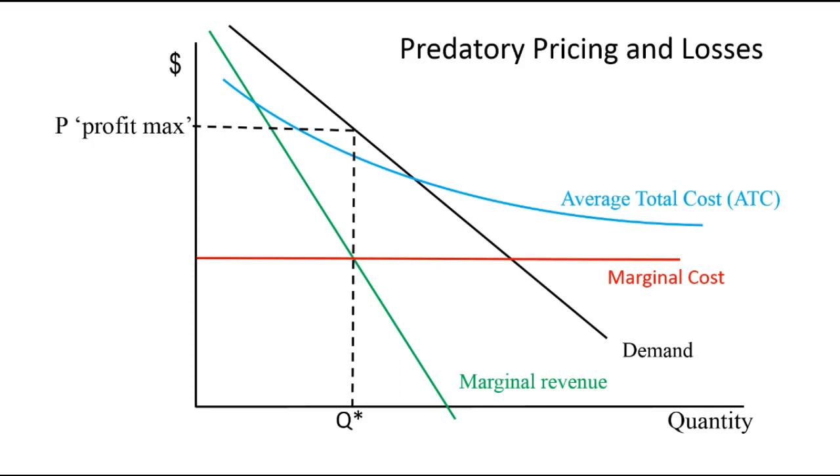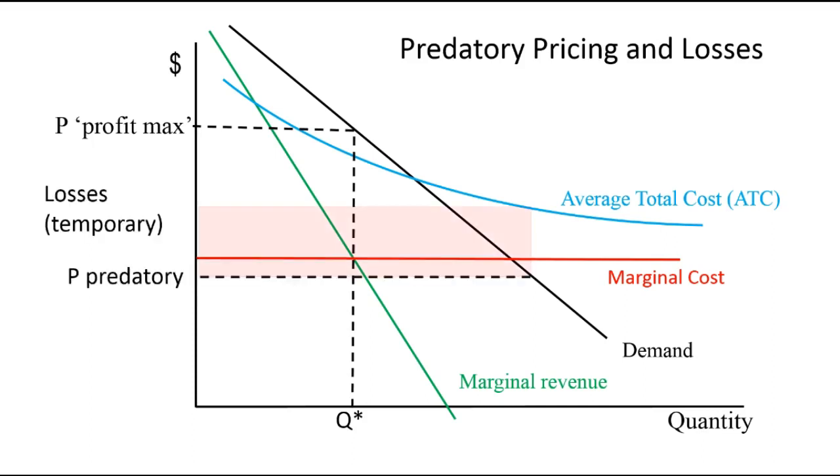But of course, this is assuming that the firm is not adopting some strategy to influence other firms. In this case, a firm that might be thinking of entering the market and competing with it. So if we were going to have a predatory price and it was going to be less than marginal costs, you could draw in something that would look like this. So here's a predatory price. It's set at less than marginal cost. And if the firm sets that price, it's going to supply whatever people want to purchase at that price.